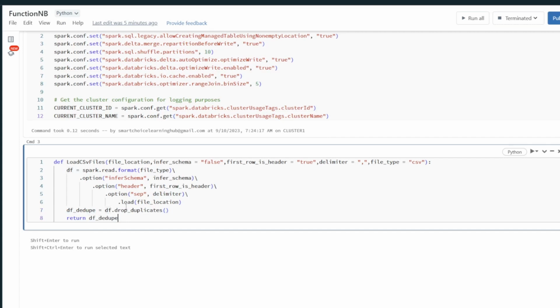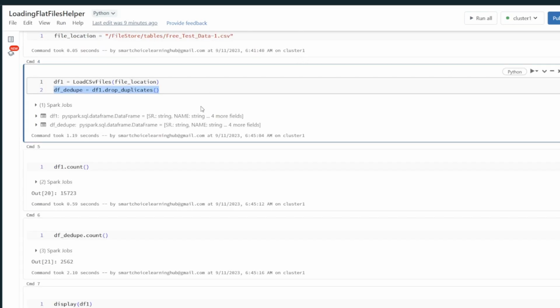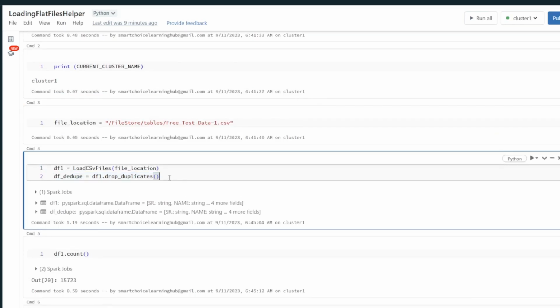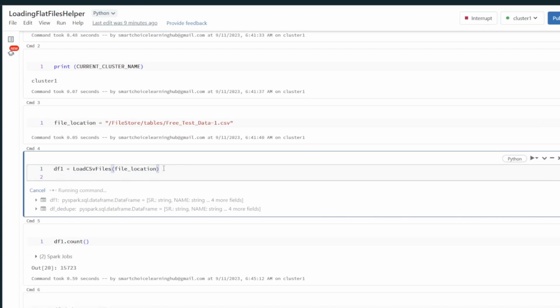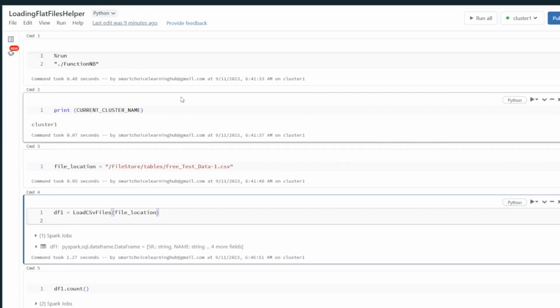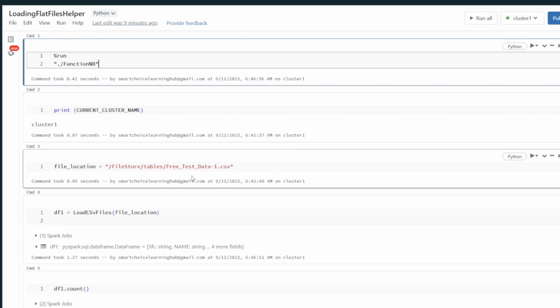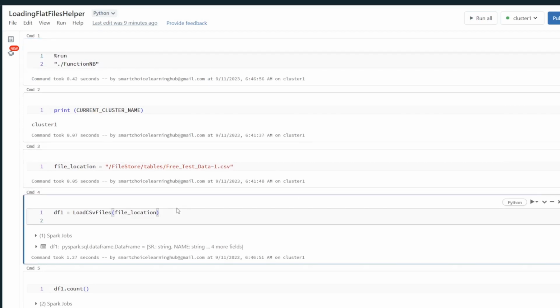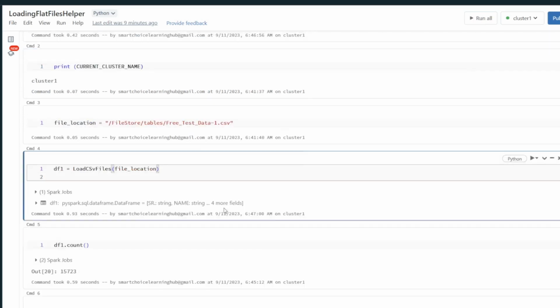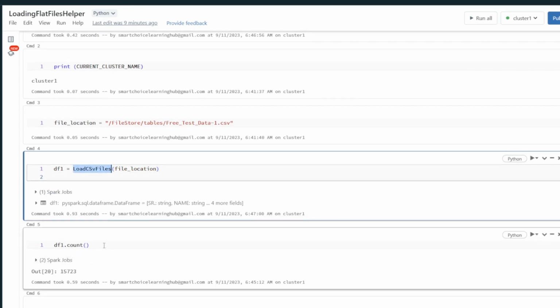As you can see, now our function is getting to a good place for us. So now we don't need this from here. Now we can run this and everything is going to happen. First of all, we have to load our function. Okay, then we can now run this. Now, if I do count before we use our dedupe in our function, this was 15,000. So if I run it now,